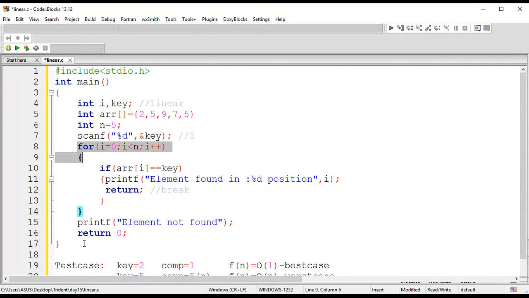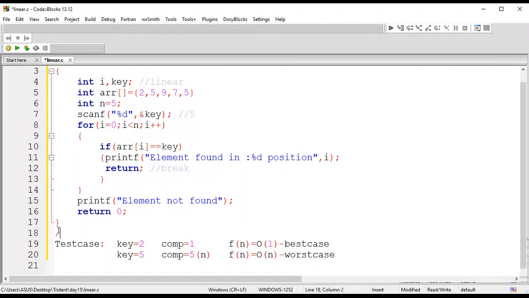So what is it you were asking, Srikanth? If you are using break or return, it is going to search for the element. Your task is not going to change. Let me show you by using an example, it will be more clear, right? Let me execute it. Instead of speaking, let me execute it.